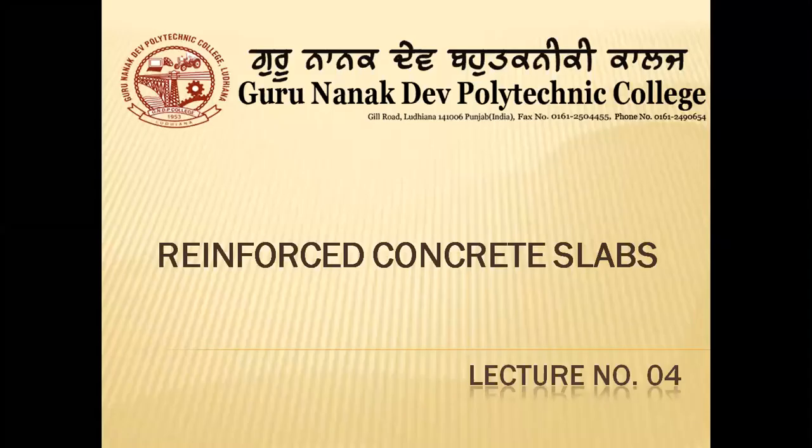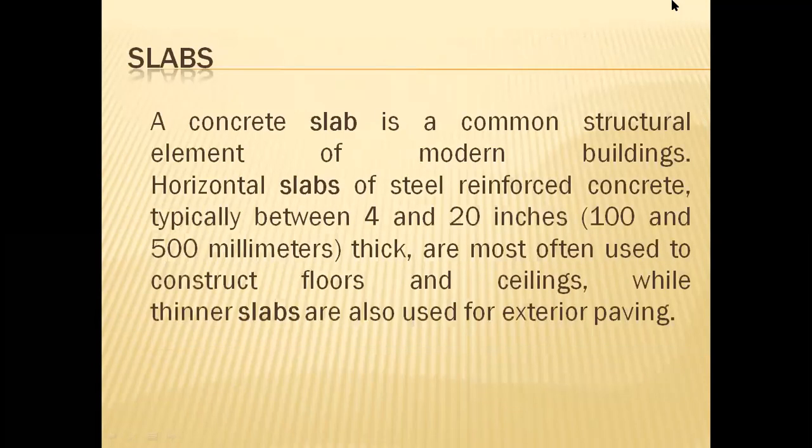Hello everyone. In this video lecture, we are going to start our new design topic, that is RCC slabs. So what is a slab or a floor? A slab or floor or diaphragm is that element in a building which is used to create a horizontal division between the two floors, or we can say the floor of the upper is the slab, or RCC slab, for the downward floor. So I'll show you with some figure.